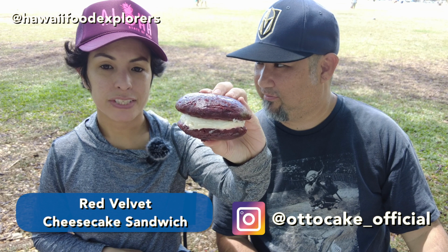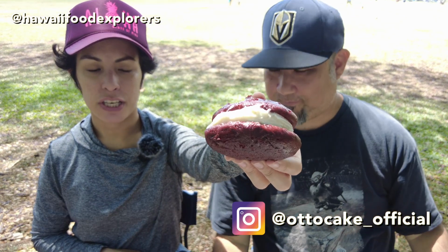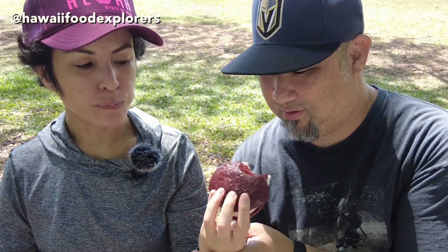It's really not. Okay, this is the red velvet cheesecake sandwich. Kind of like a giant whoopie pie. Occasionally he'll have different things besides cheesecake, like his carrot cake and things like this. Since you're holding it, I'll just...